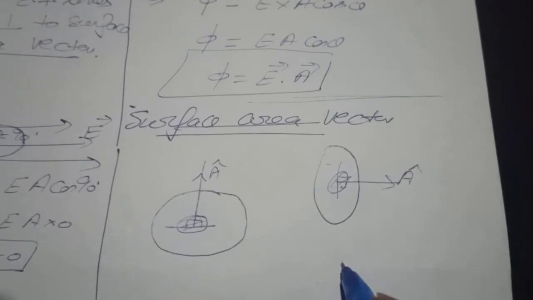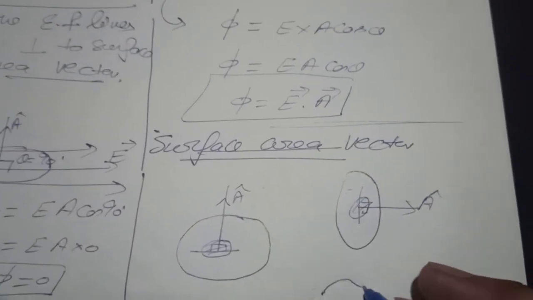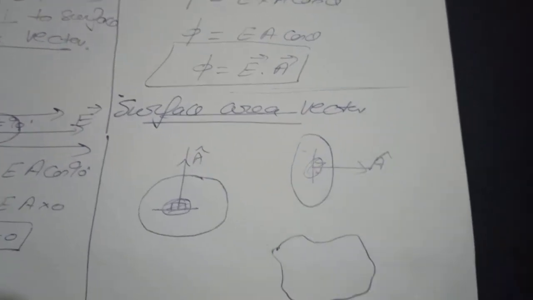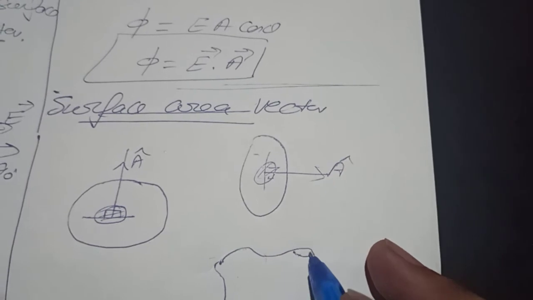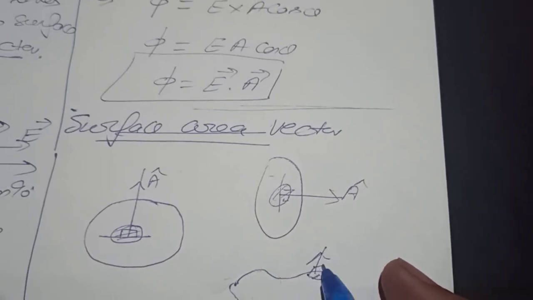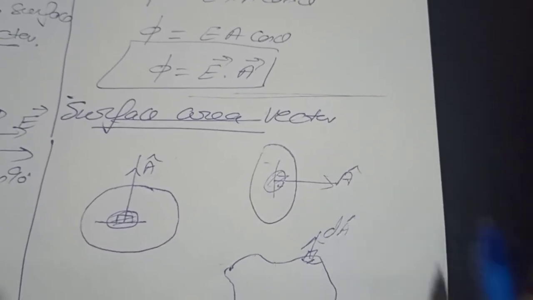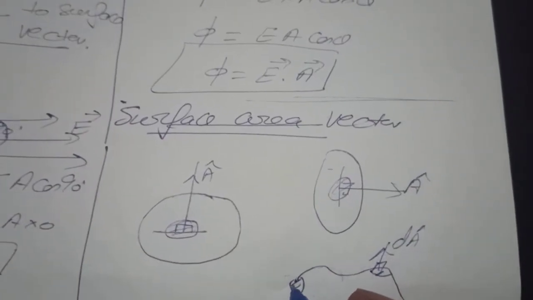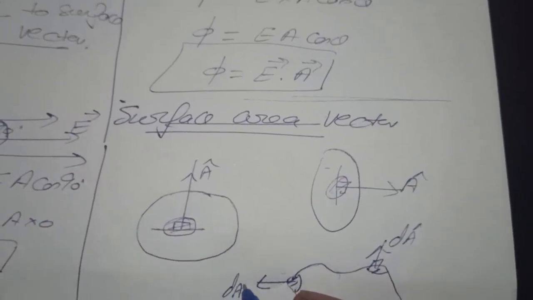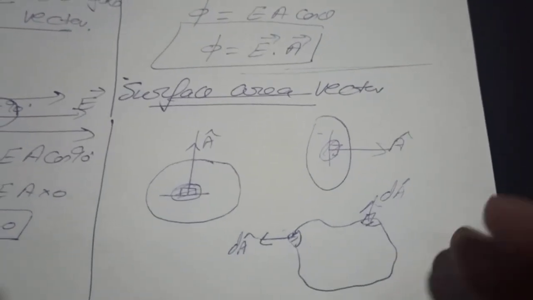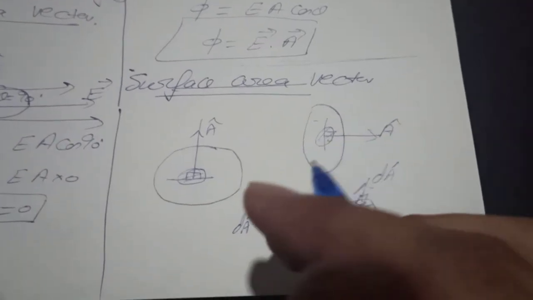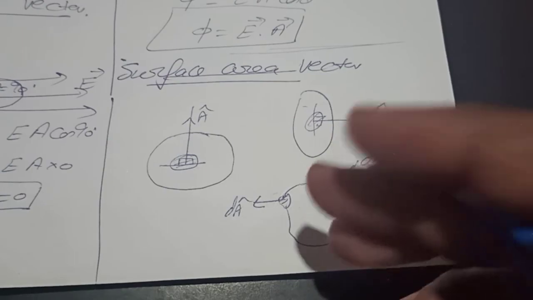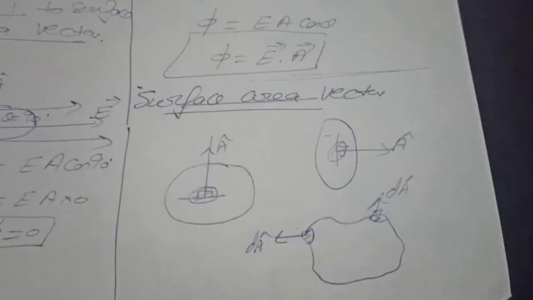If the surface area is not uniform, not flat but curved, we take a very small perpendicular surface area, that is dA cap, at the edges. So what is the surface area vector? The surface area vector is always the normal or perpendicular drawn outward from any surface area. Thank you to all.